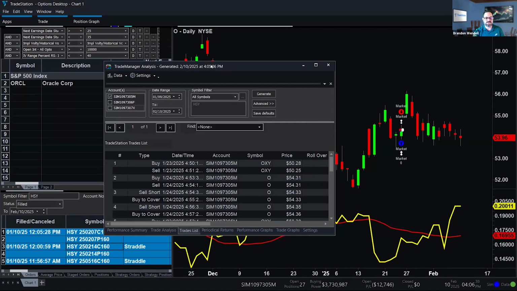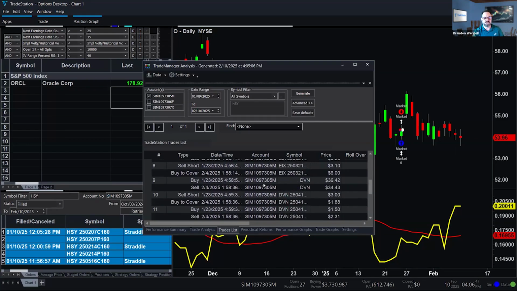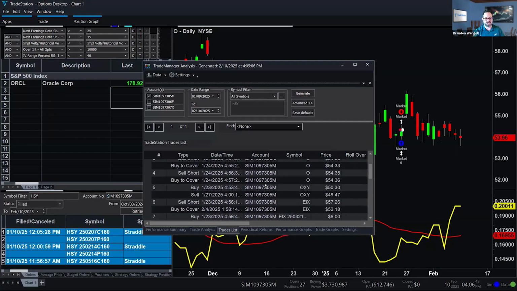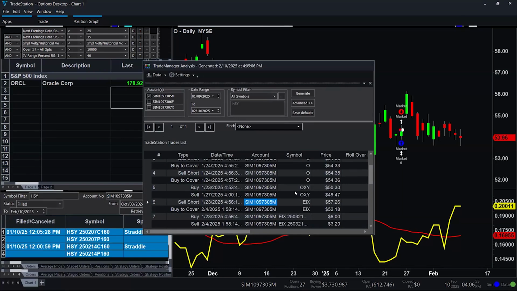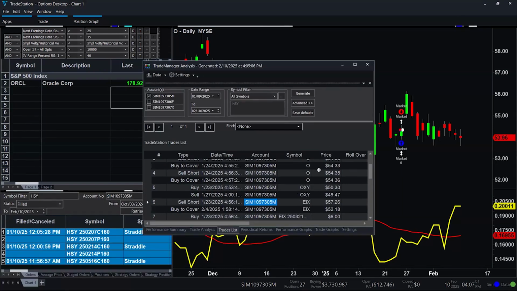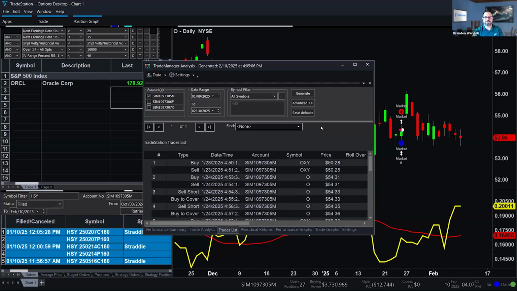I was doing a search to see an options trade that finished, and for some reason I don't see the results for the one that expired. I didn't close the position, so I'm not sure if that was the issue, but it basically expired in the money. I think that's an issue because the Trade Manager analysis doesn't see the expired contract as a closing transaction, so it doesn't pull it up in the analysis. Got it. Okay, that's what I was figuring.